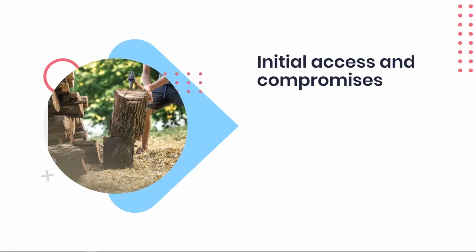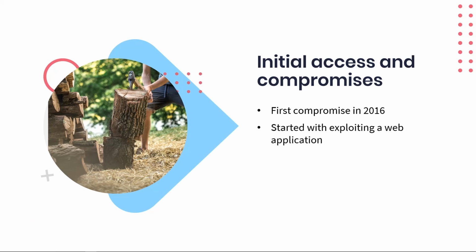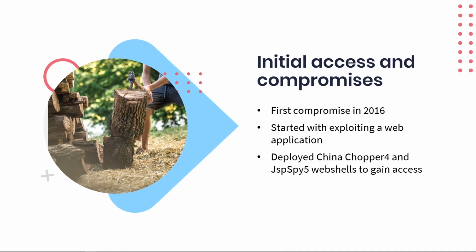detection. The Turkey attack was recorded in 2019, but after further investigation, it was discovered that the first compromise actually happened way back in 2016. The initial compromise started with exploiting a web application to gain a foothold on the host servers. By deploying China Chopper 4 and JSP Spy 5 web shells, the threat actor was able to gain access into